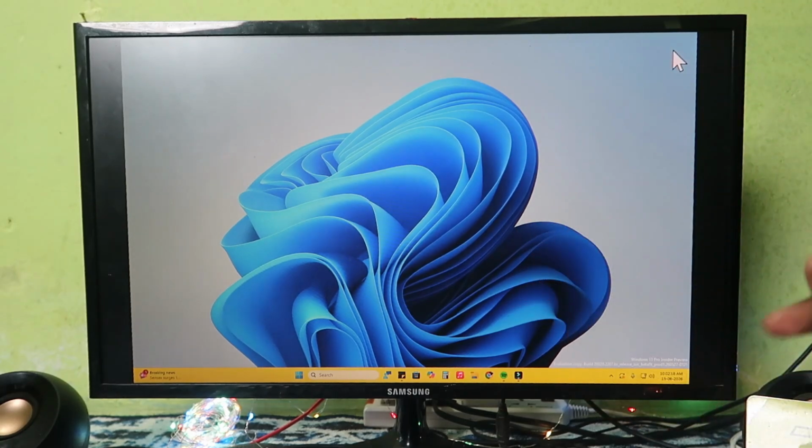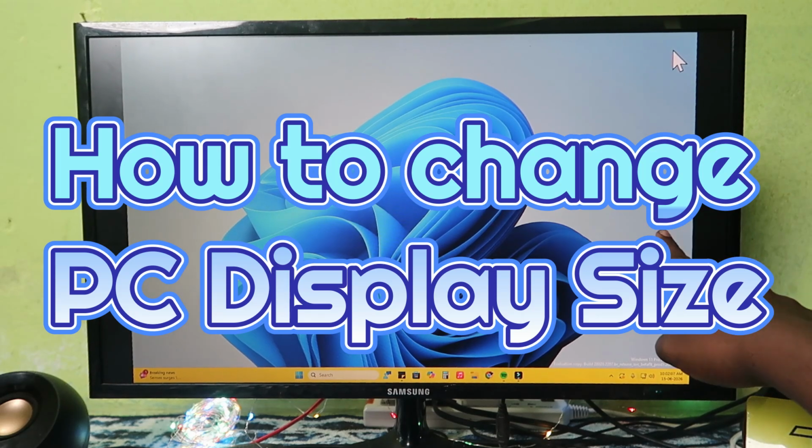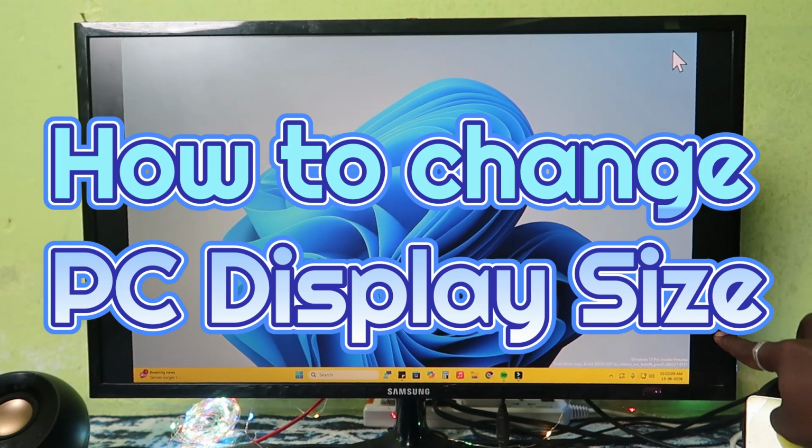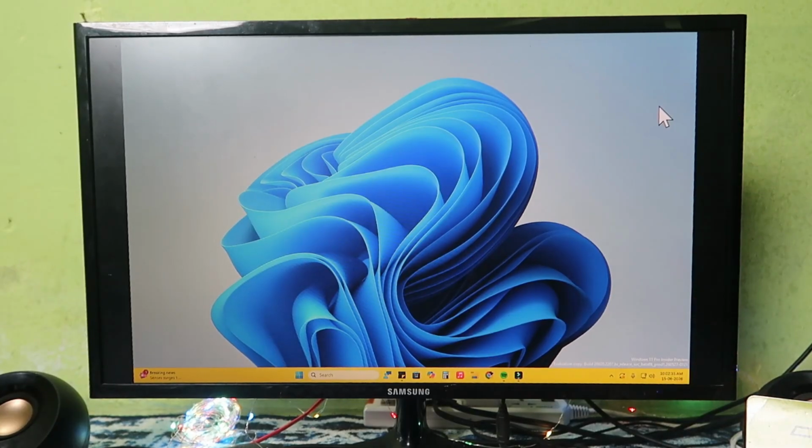Hey guys, if you are facing a problem with monitor screen size adjustment or a PC display size changing issue, in this video let me share the different methods to change the display size on your PC. Now, the first direct method, if you are using a Windows PC, is to just right click